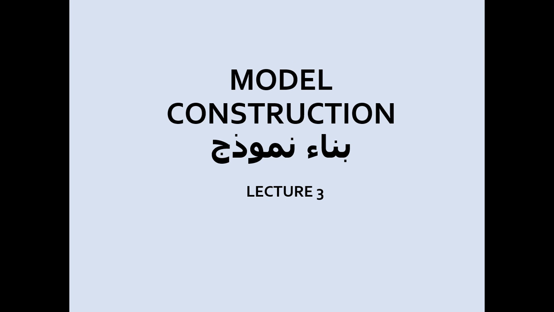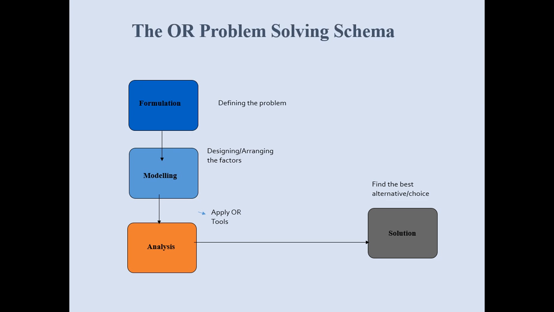Pay attention, very interesting. So here are the 4 steps. You have to memorize these 4 steps in the management science or operations research problem-solving schema. So that's your first lesson for today. Memorize these 4 steps. What are these 4 steps? Number one is formulation. Formulation means what? Formulation means to